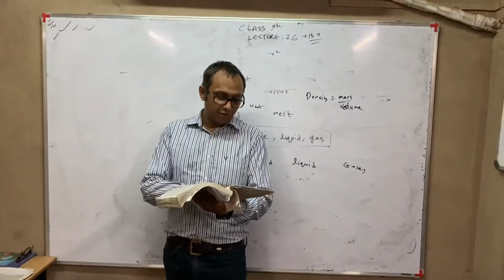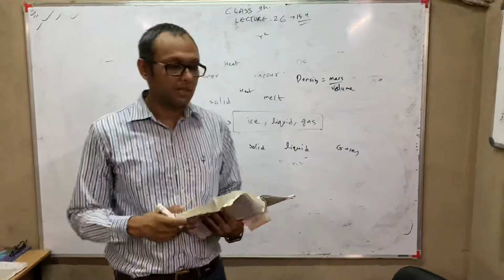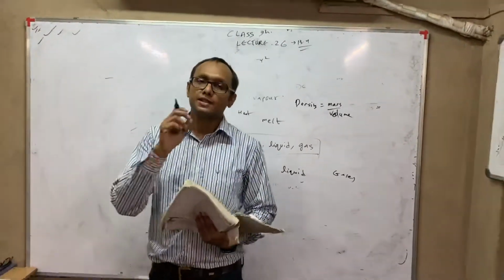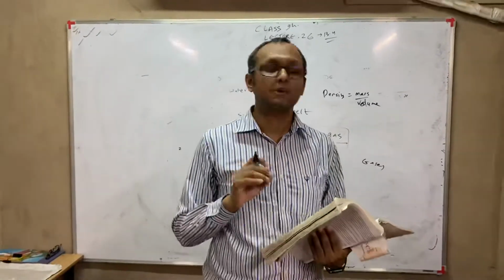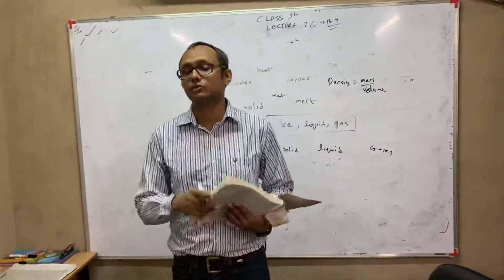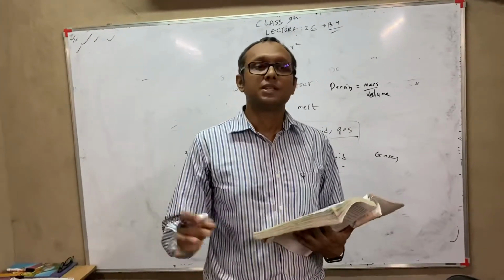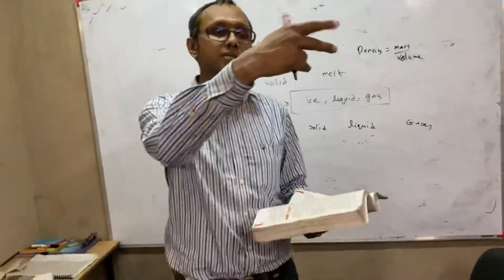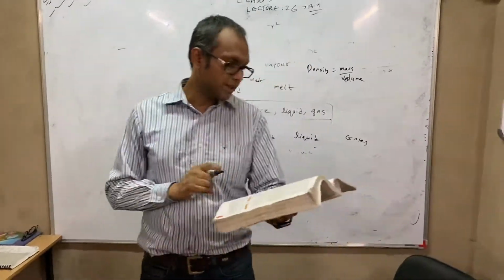Question number C: a wooden table should be called a solid. Now, whenever this type of question comes, a wooden table should be called a solid, or a soft drink should be called a liquid, just write 1 or 2 properties of the state of which it is talking about. For example, a wooden table should be called a solid, you can write as it has a fixed shape, as it has a fixed volume. Similarly, if it is related to a soft drink being called a liquid, you write just 2 points regarding the properties. Okay, any 2 points you can write.